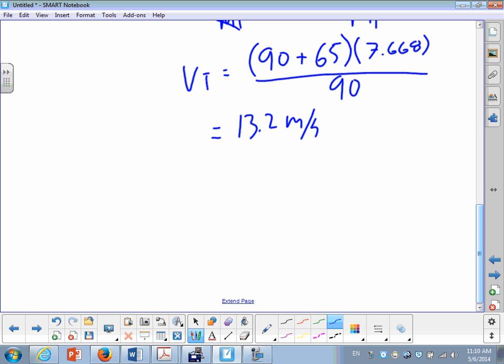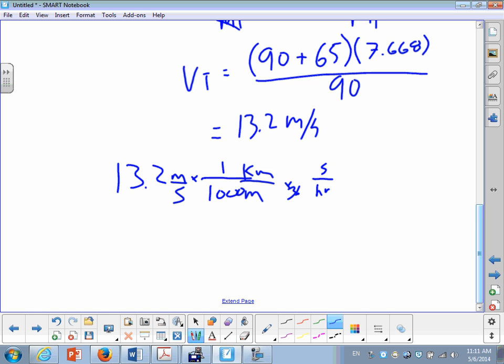So, Tarzan's traveling at 13.2 meters per second. I want to change that into kilometers per hour. So I want meters on the bottom, kilometers on the top. I know that's 1 kilometer for 1,000 meters. And then I also want hours on the bottom and seconds on the top, and that's a conversion of 3,600. Whoops, had that the wrong way. So it's 3,600 seconds for 1 hour. Here our hours are going to remain, but our seconds are going to cancel with that, our meters are going to cancel with that, and I am left with Tarzan's velocity